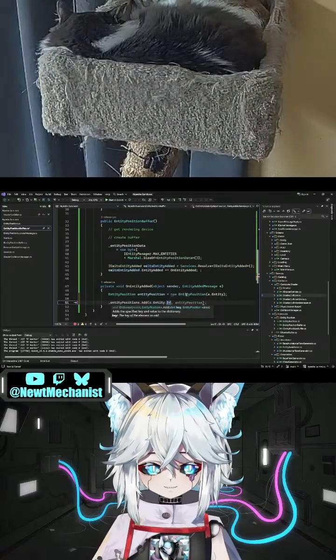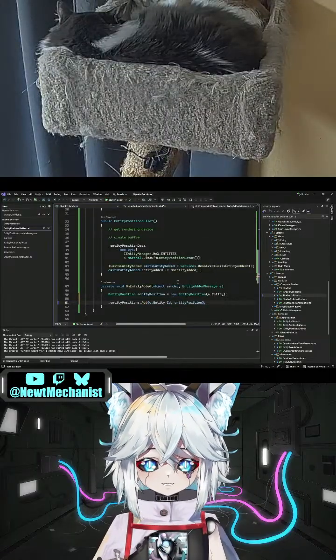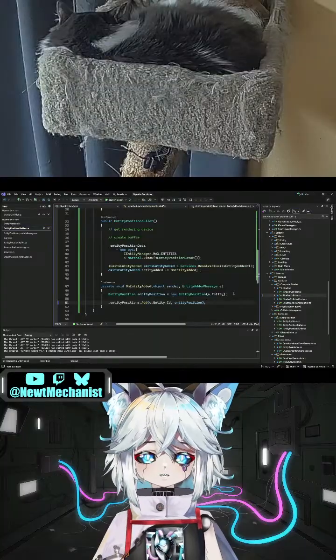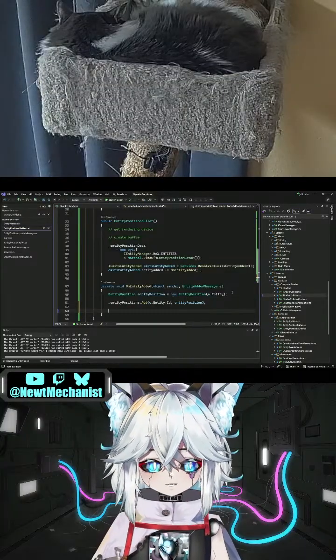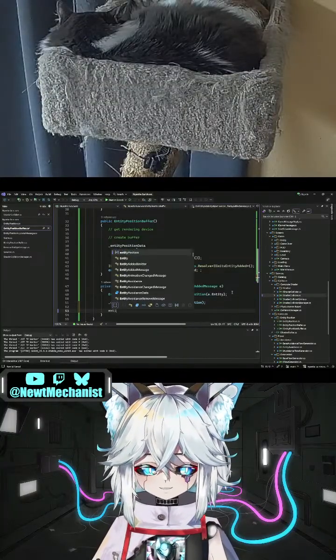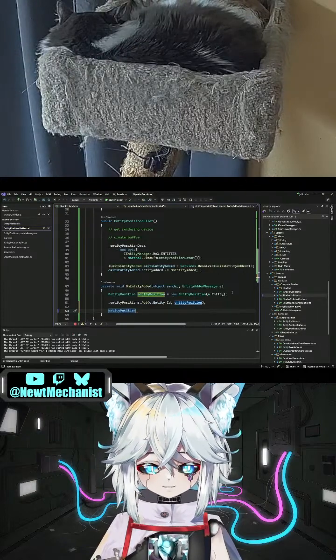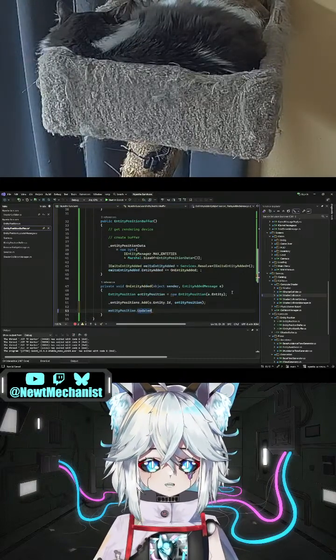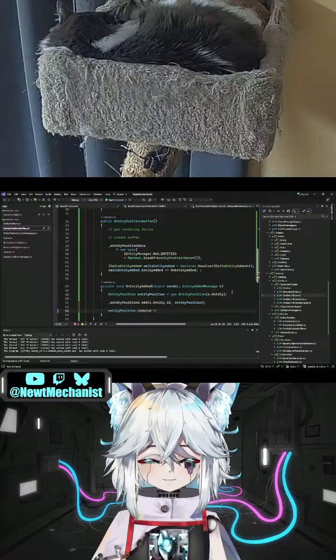The entity position. Yes. Then we are going to say entity position dot updated equals